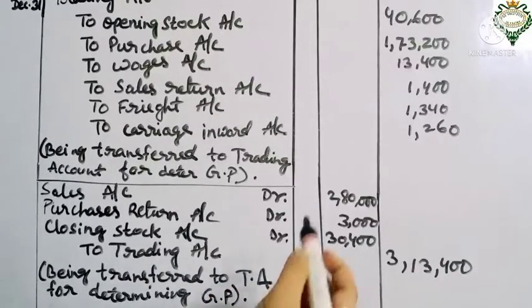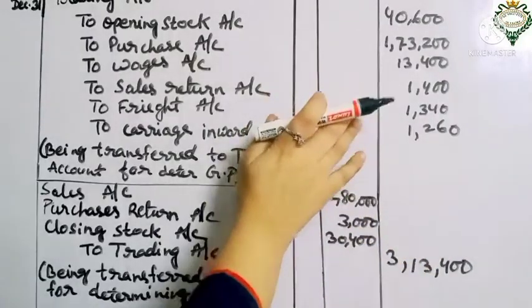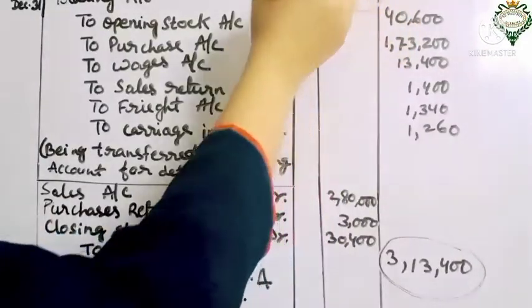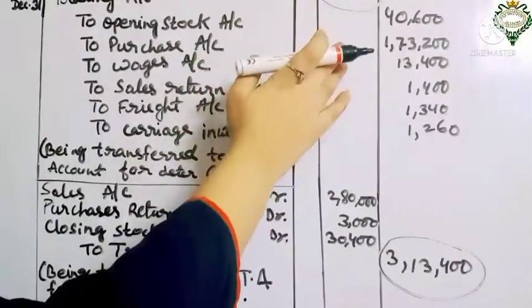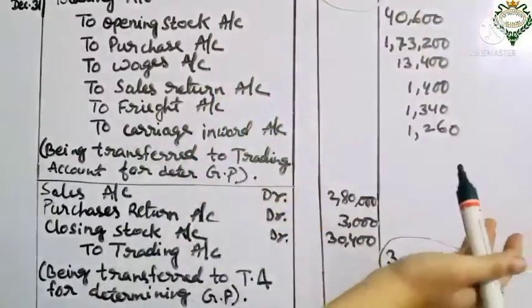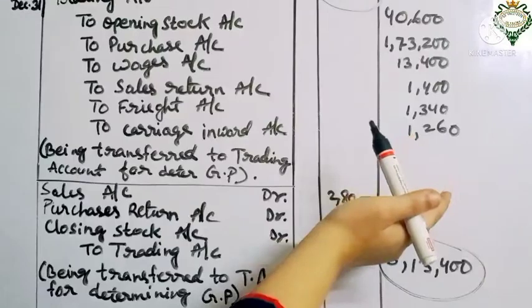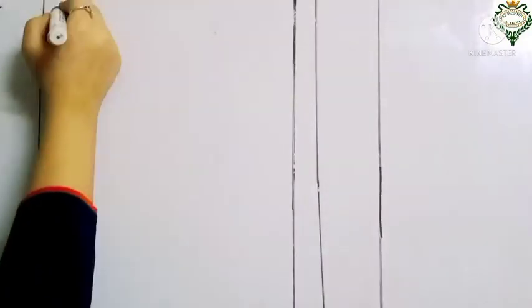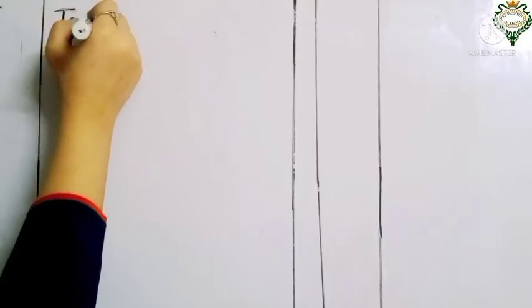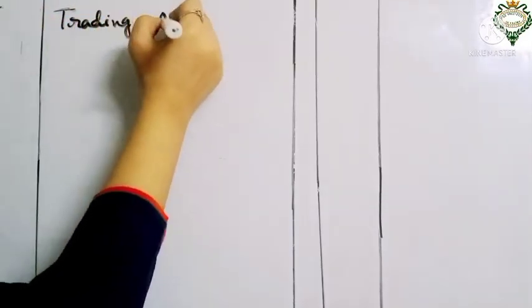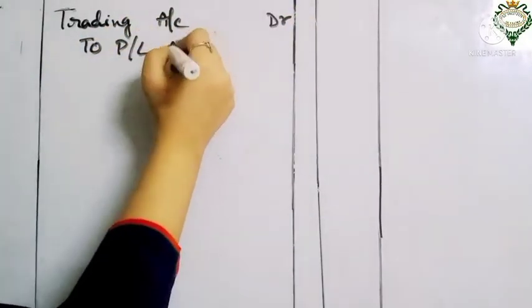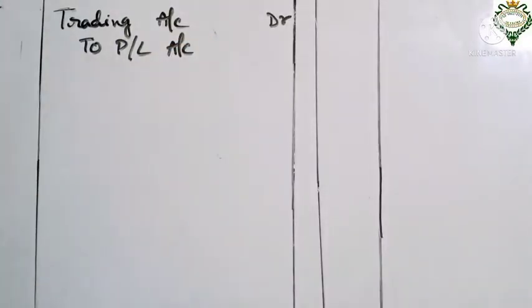So this income and this expense, we have to subtract this total amount to get the profit and loss, okay. Because this trading account, now we have to transfer to profit and loss account, okay. So we have to get the trading account expense by subtracting this two, okay. So now we will transfer the trading account to profit and loss account, okay. So write here trading account debit to profit and loss account, okay.